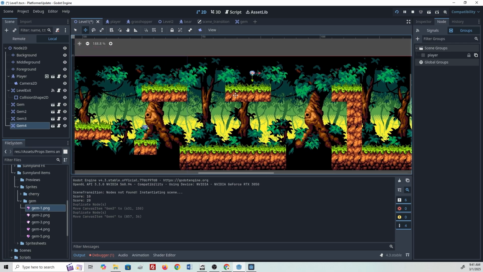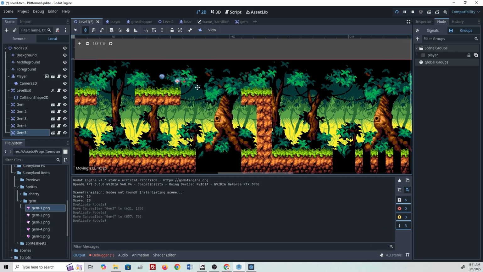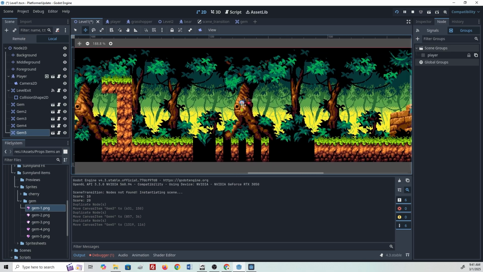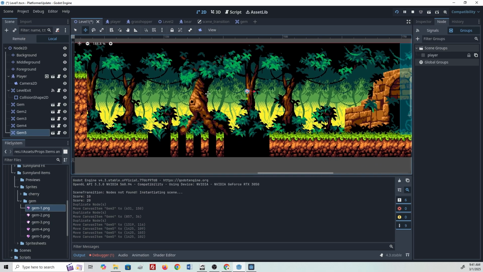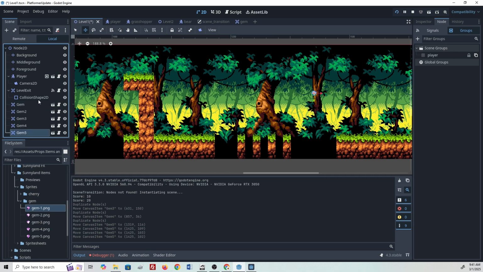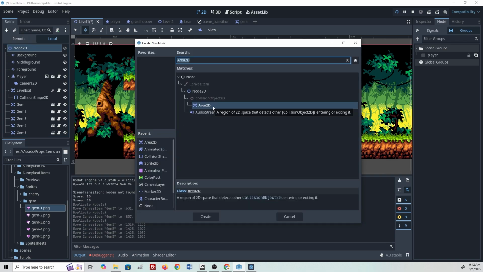So as I'm just duplicating these, let's see, I'm going to put this one actually right up there and kind of give the player a little bit of a need for a reach. As we start populating levels, you're going to start seeing something like this, right? An easy thing to do is to add another Node2D that'll be a placeholder, kind of like for people that use Unity, they use empty game objects. We're going to use Node2Ds in the same way. So go ahead and click on Node2D and press add,